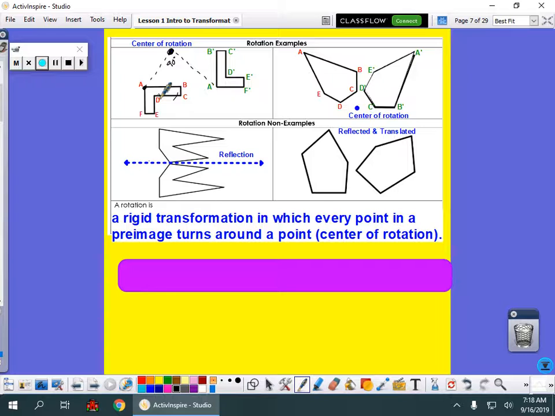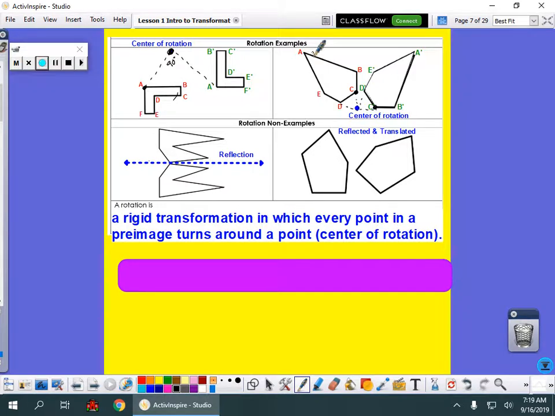And we'll talk a lot more. We'll spend a whole day on rotations. But right now I just want you to see what is a rotation. Rotation definitely changes the look of the shape, right? It can rotate around. Here we're rotating this point to this point, and every point is rotating the same amount. If I look at that angle, it's going to be the same. It looks like A rotated further just because it was further away, but it's still the same angle that it's